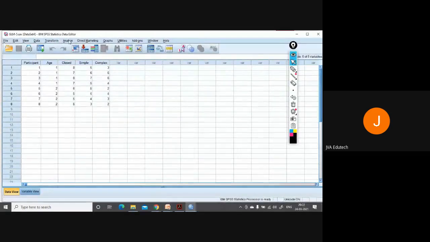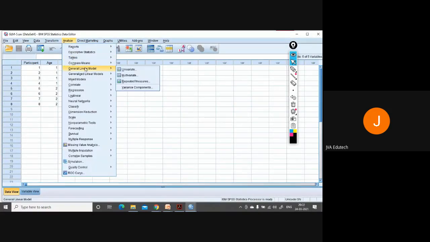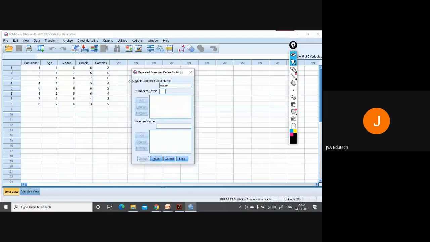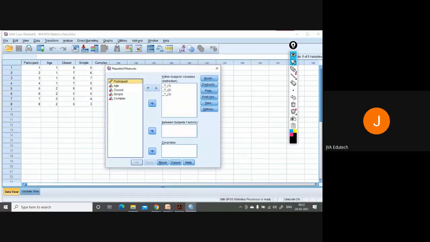So go to Analyze. Since it's a mixed design ANOVA, you will go for repeated measures, and then you will name the factor distraction. 3 levels it is. Add, fine.